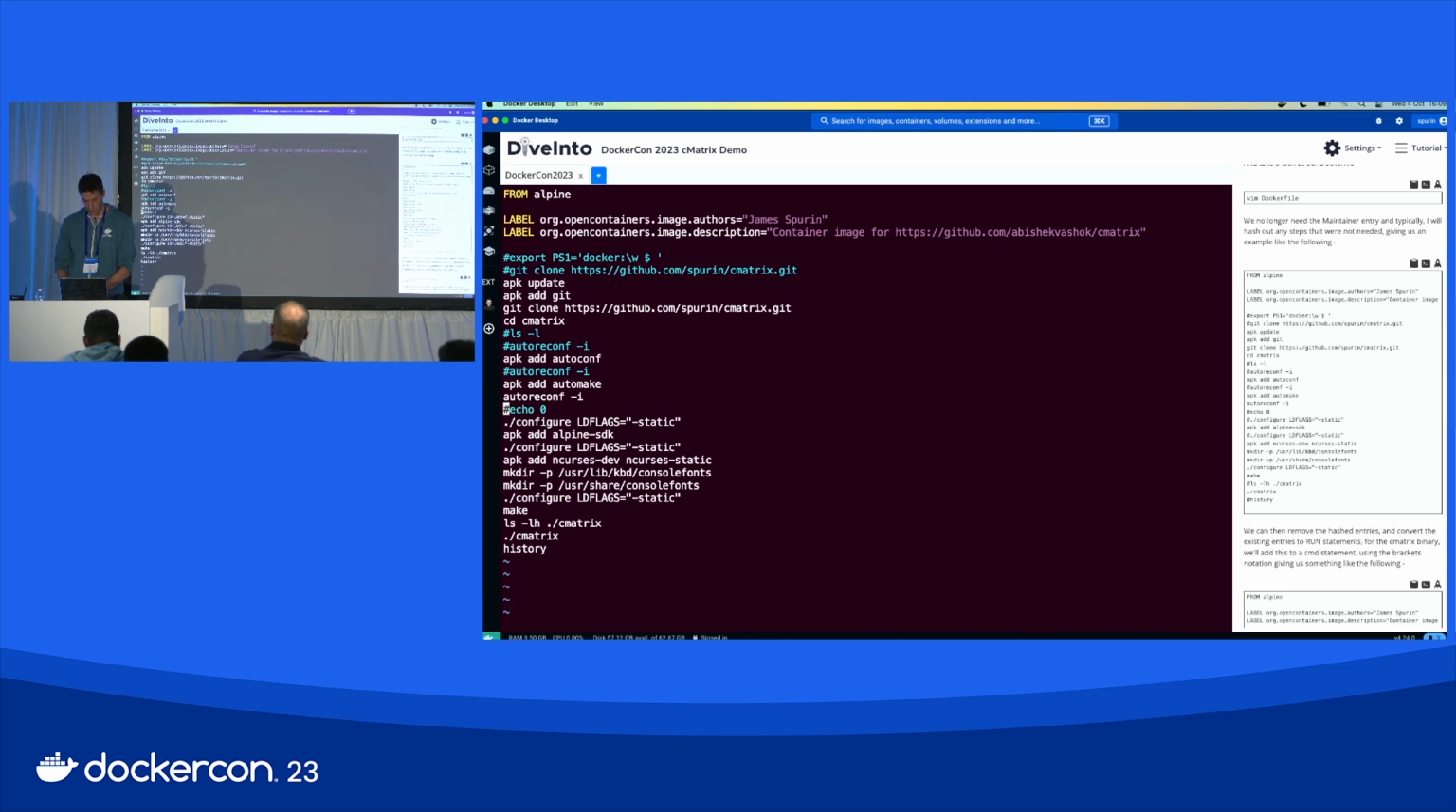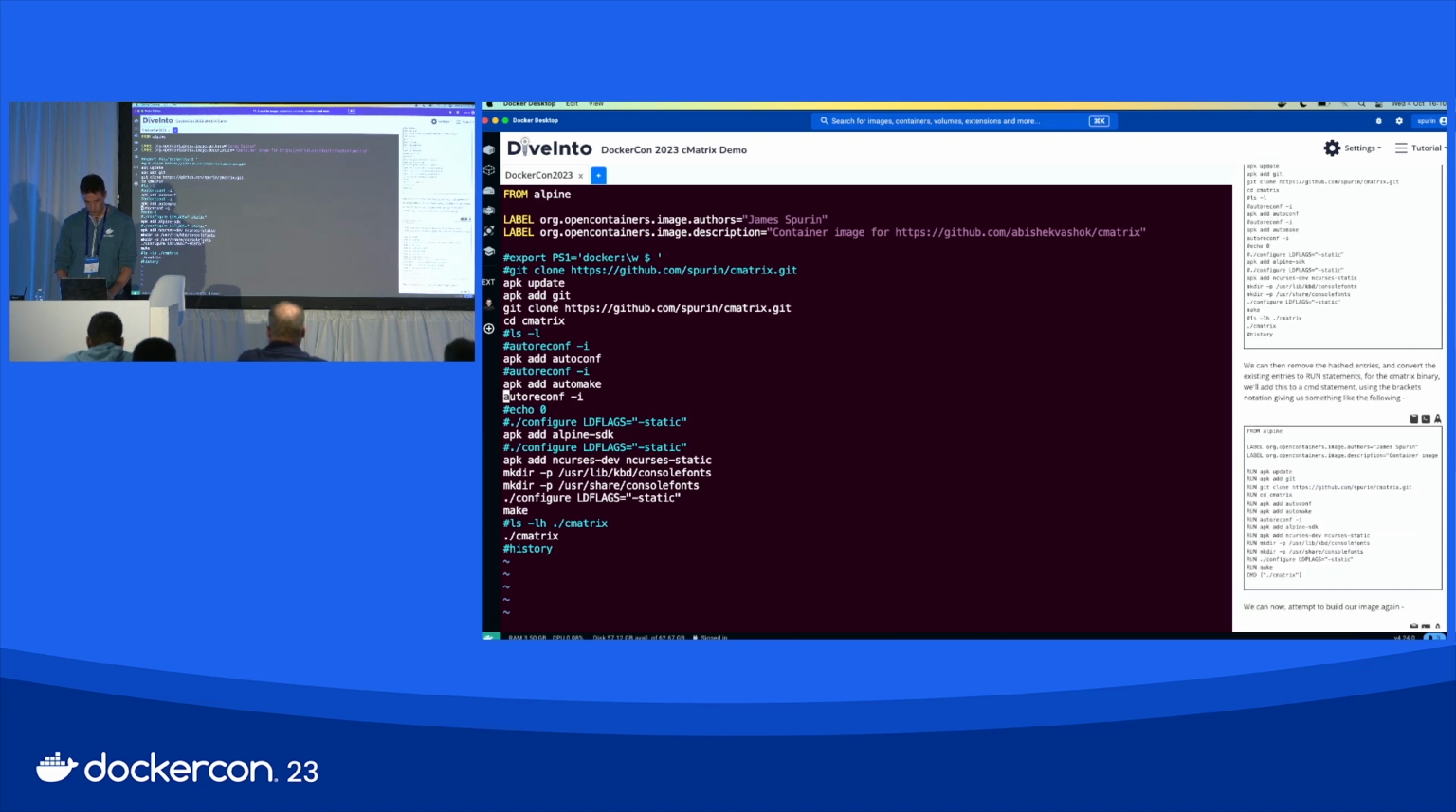That was a check as well, the echo. And again, we did the configure. That failed. We needed the Alpine SDK, the compiler tools. We needed those directories. And we don't need that. So we've broken this down to the core steps that we actually need there. And if we get rid of those old ones,